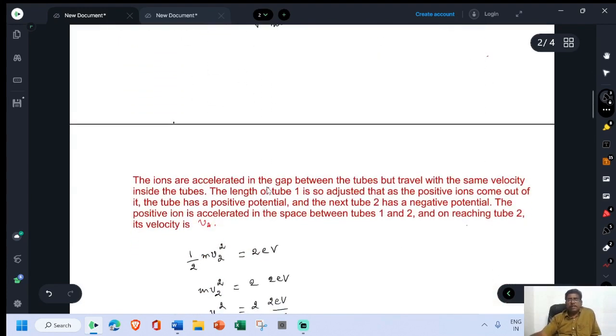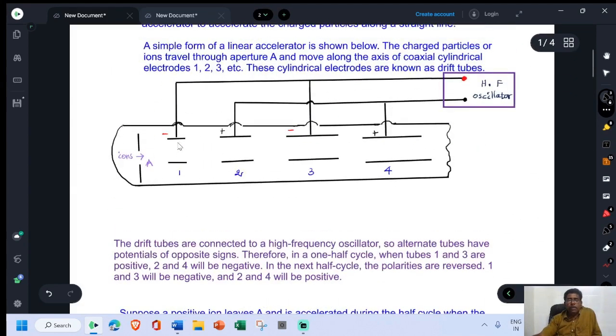The ions are accelerated in the gap between the tubes but travel with the same velocity inside the tubes. The length of tube 1 is so adjusted that as positive ions come out of it, the tube has a positive potential and the next tube 2 has a negative potential. Now, see this: if the potential of the tube 1 is negative, it attracts the positive ion. Once the positive ion has entered the tube, it is moving with constant velocity. When the positive ion comes out of the first tube,